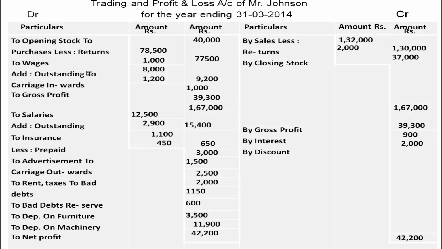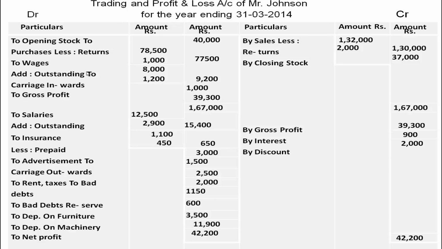to trading accounts. We start with the opening stock. Opening stock is 40,000. Purchase is 78,500. We have to reduce the return amount of the purchase, which is 1,000. So the total amount of purchase is 77,500. We have to deduct the amount of purchase return. The final amount is